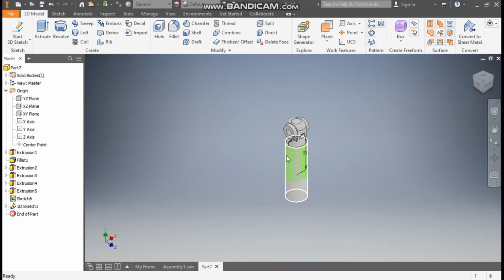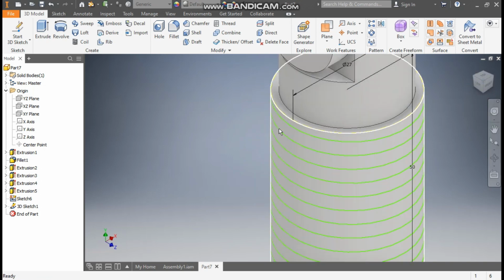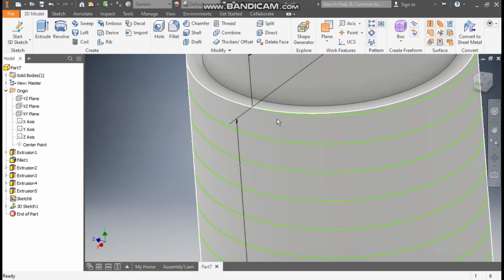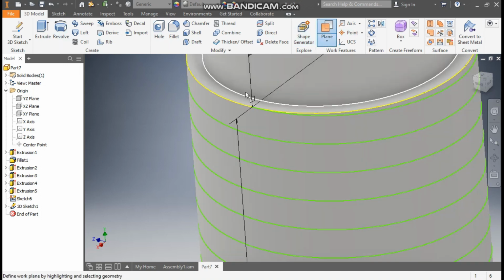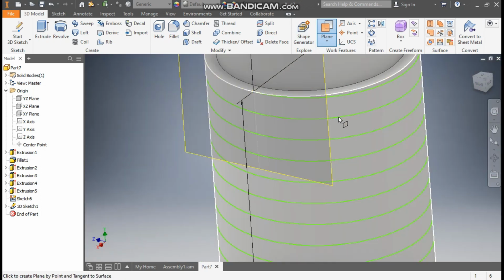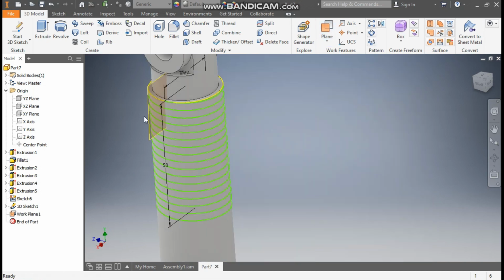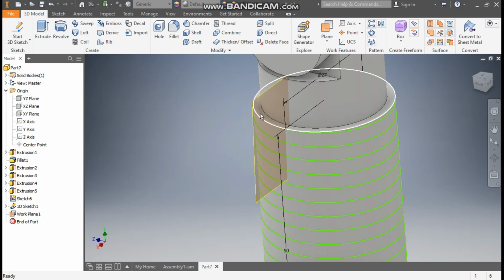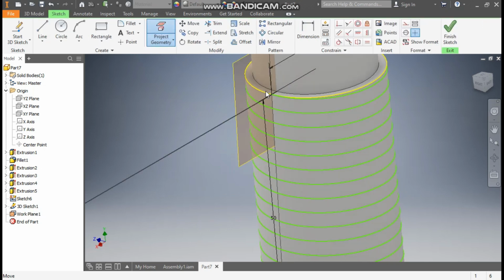Now we want to make a cut profile over this helical curve. So here we will see the starting point. So here the starting point will be this. So go to project geometry. Okay, go to plane first, select this point. Okay, and select this curve profile. So a new plane will be constructed over here about this point. Select this new plane, go to create sketch,